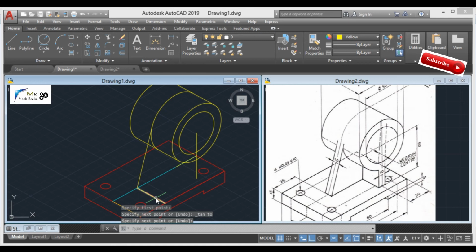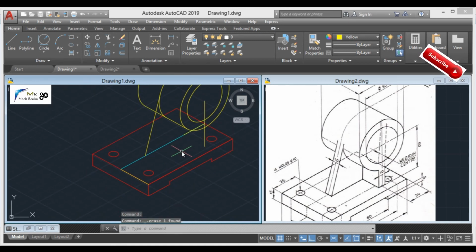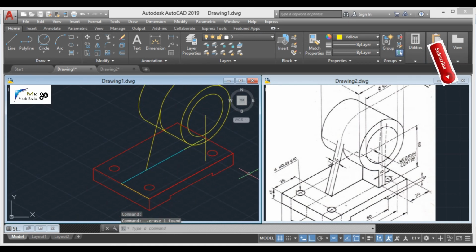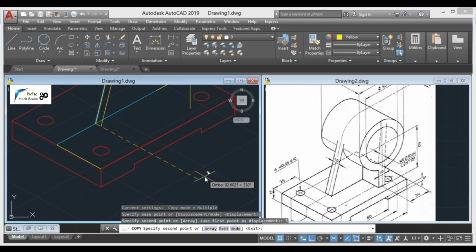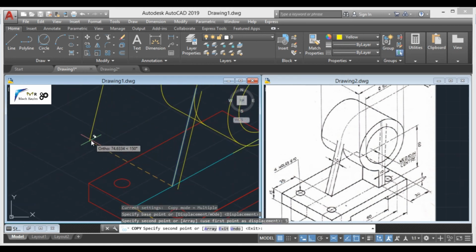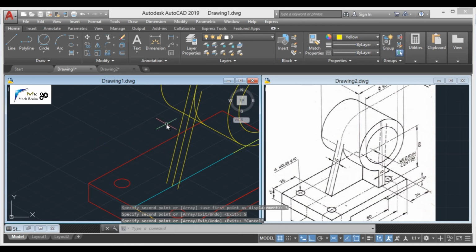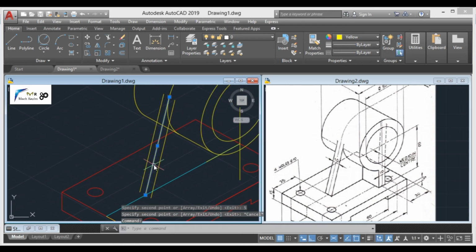Clear? Now let us delete this line as the thickness of this rib is of 10 mm, so simply we have to select copy command and copy it to 5 mm in this direction and towards left in this direction as 5 mm. Clear? So let us delete it,